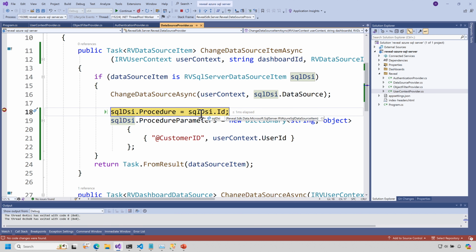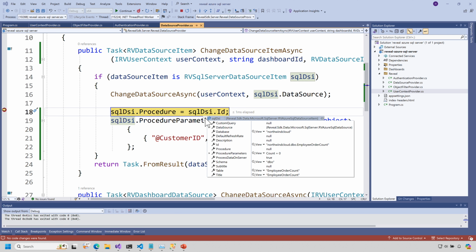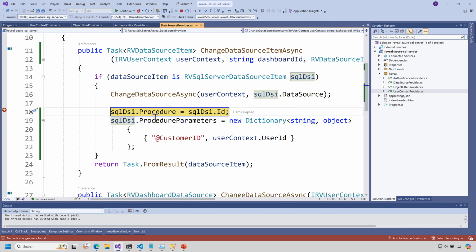What is my SQL DSI.ID? Well, it's from Northwind Cloud, and it's saying that it's employee order count. Well, I don't have a stored procedure called employee order count. This is a view. So I would have to say, well, if it's not a procedure, it's a view, whatever. So you need some technique to do that. So what I'm going to do